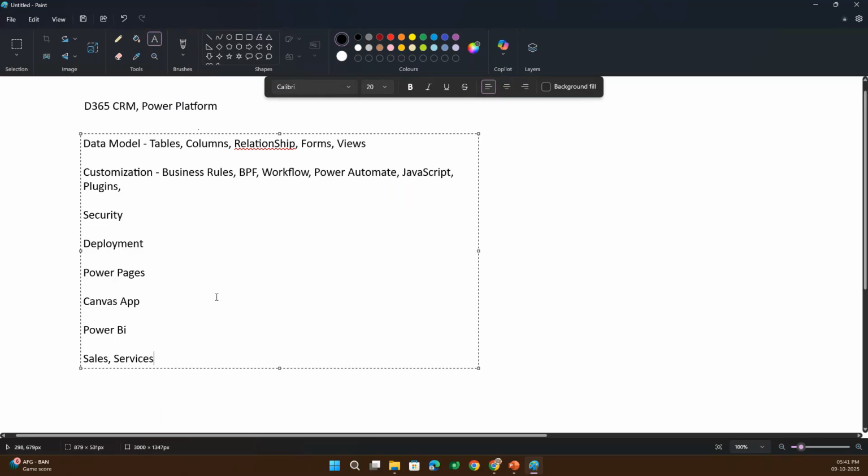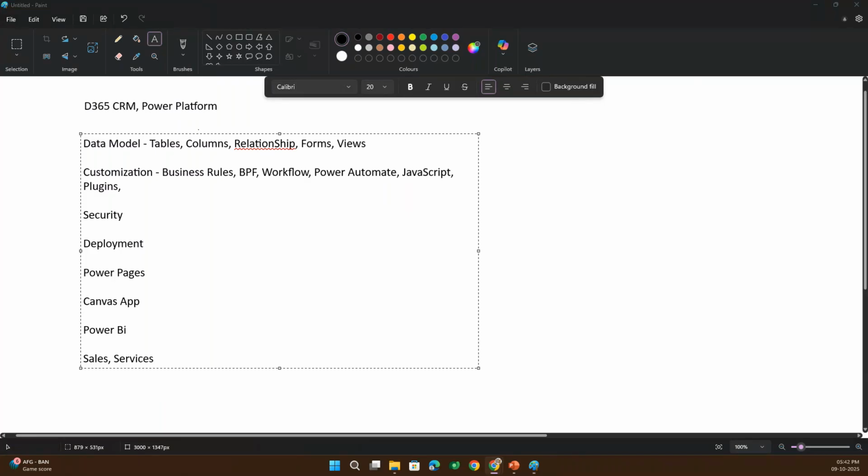In the deployment strategy we'll be covering solutions, managed and unmanaged differences, data imports, ribbon workbench, all these things. So in this way we will be covering all the topics here.